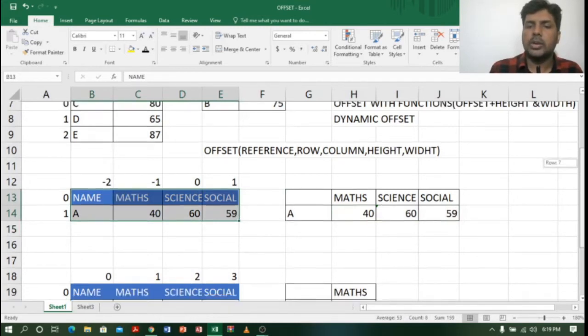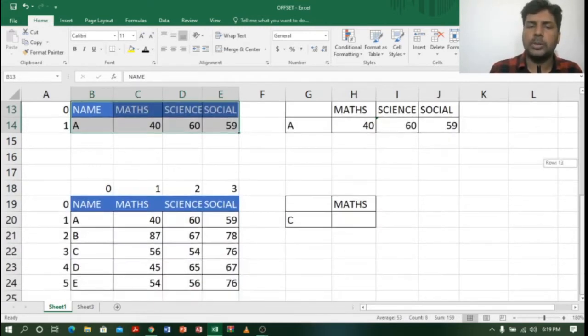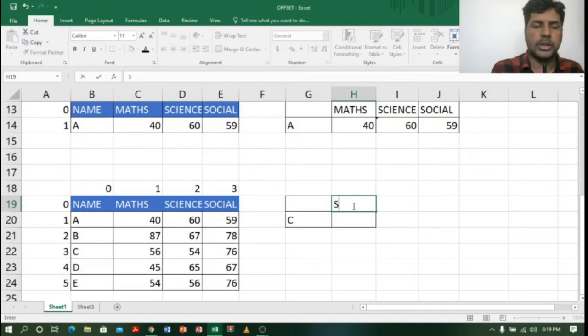Nice, right? Now let us take a fully flexible table. Here I have taken a fully flexible table, and now I want science marks. Let us assume I want C's science marks, so we have to enter the same name which we have in the column. So let us see how this will work. So I'll type is equal to offset open bracket.